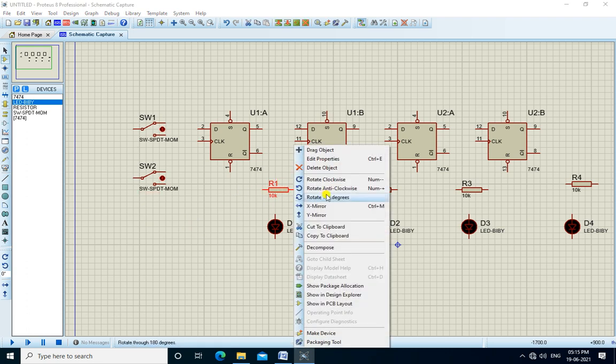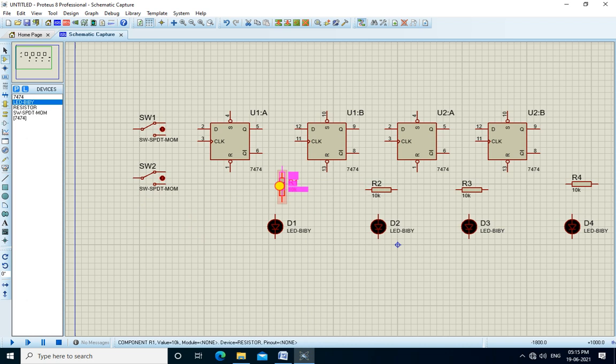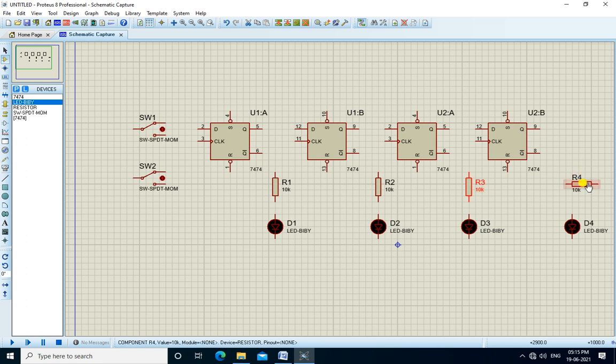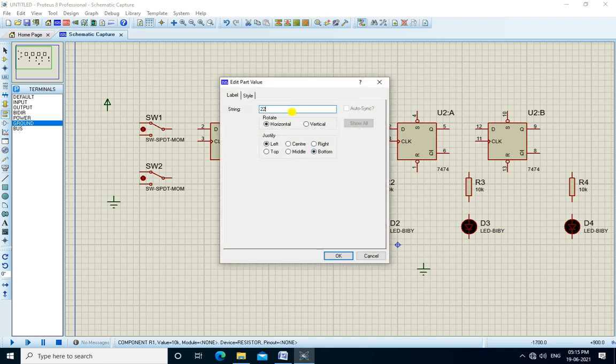We need to rotate these resistors and flip these two switches. We need power source, so place the power plus VCC and ground. We will change the value of the resistance to 220 ohms.